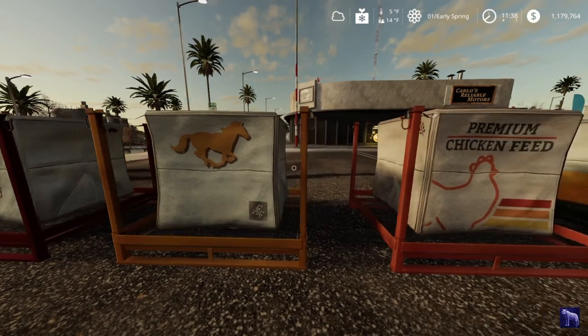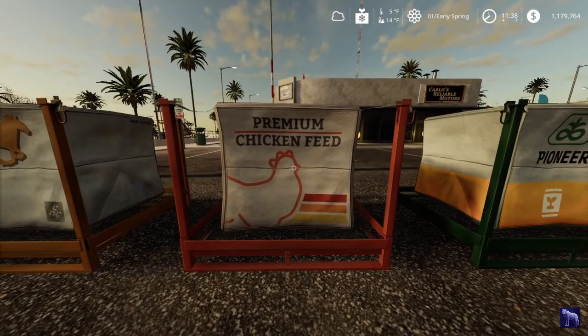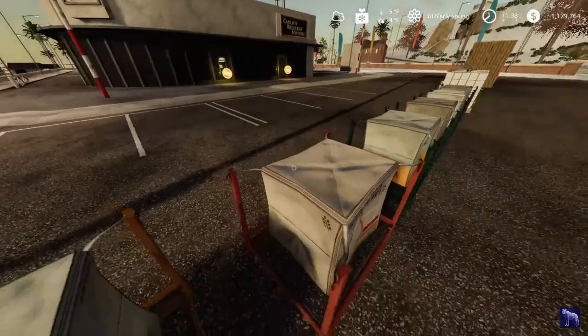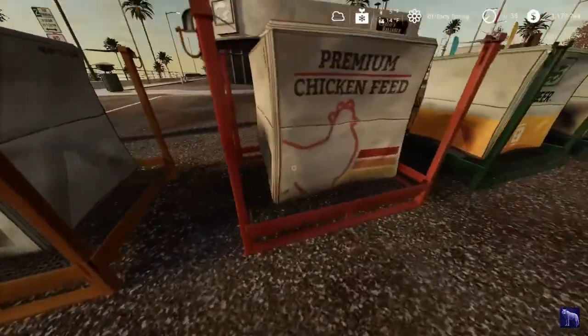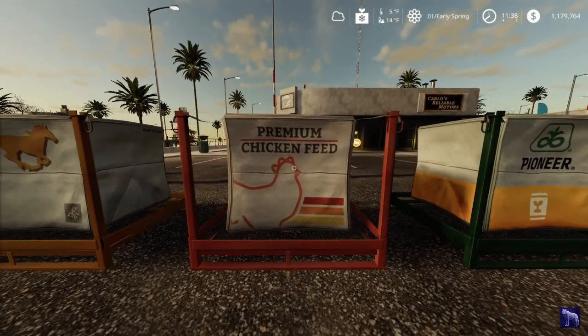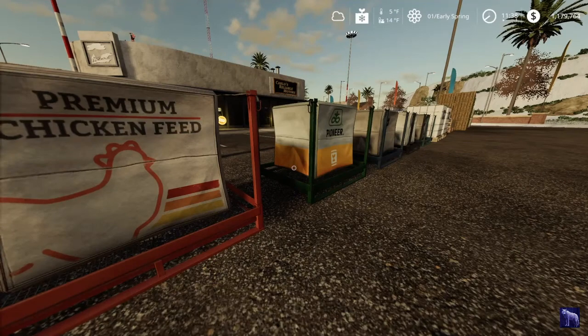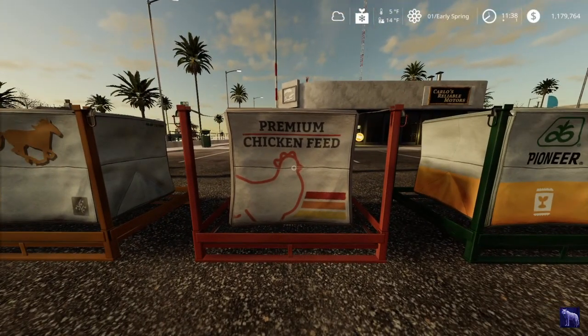Now we move on to a third thing just like that. This is premium chicken feed. This is literally just wheat. As you can see on the side there, it's got the wheat icon right there. And you can see it's got a nice chicken. This is probably one of my favorite big bags. Now, the Pioneer is definitely my favorite just because I am a Pioneer person. I love Pioneer seeds. I love Pioneer design, logo, and everything. But yeah, this is the wheat. This is what you would put into the chicken coop